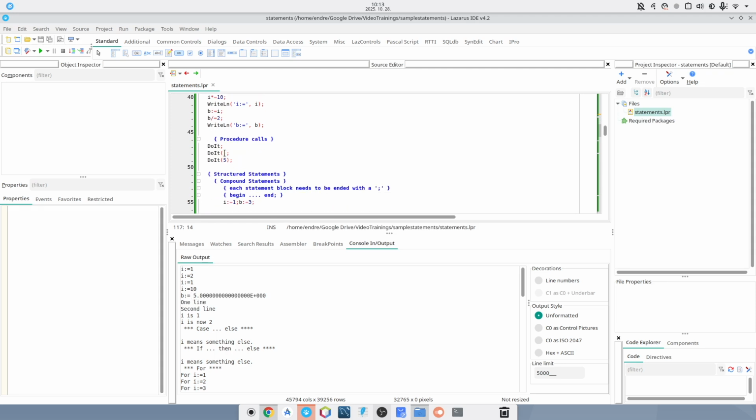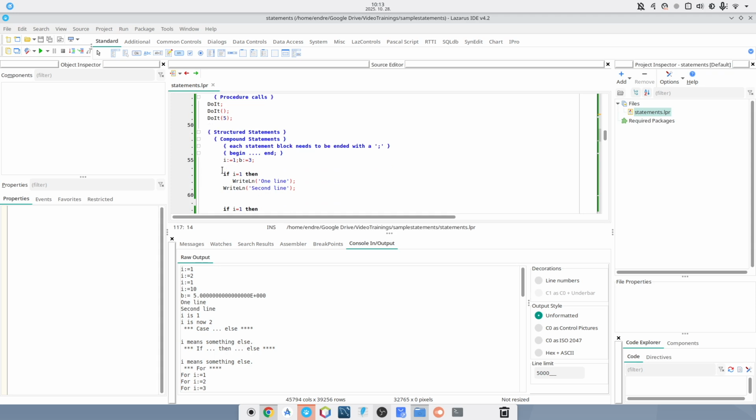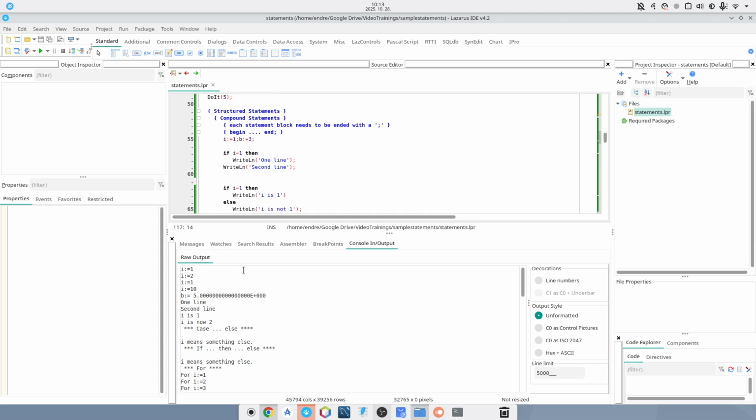Then the procedure calls are not doing anything here, so you can't see any information here. And here you can see, because the I was 1, both lines were running. However, the if statement is only running the first one. So if I change this number here to 2 and run the application again, then you will see that this line here is not executed at all. So you can see here that only the second line, so this one, is